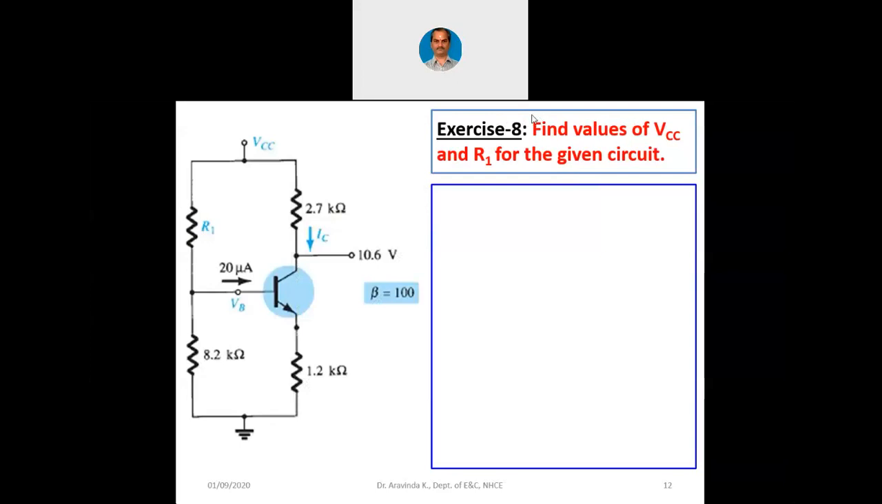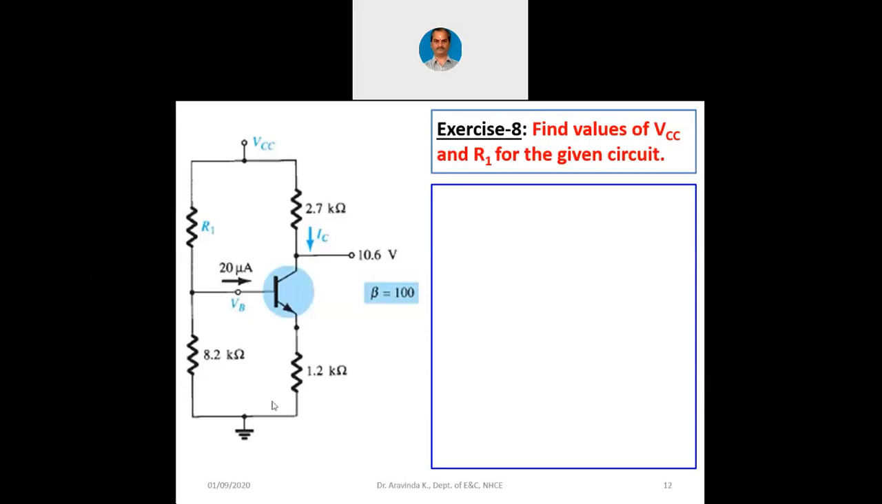In the last class, we were discussing the voltage divider bias, its approximate analysis as well as accurate analysis, and we had worked out one exercise as well. So, in today's class, we will work out a slightly different type of exercise. You can see on the screen